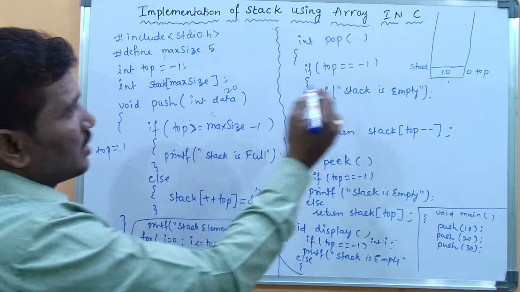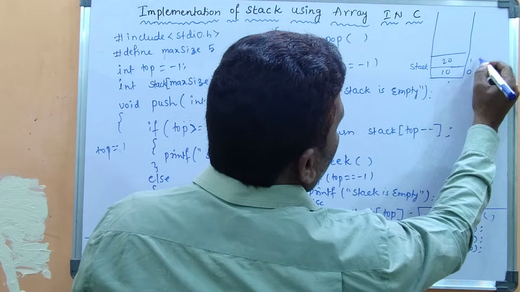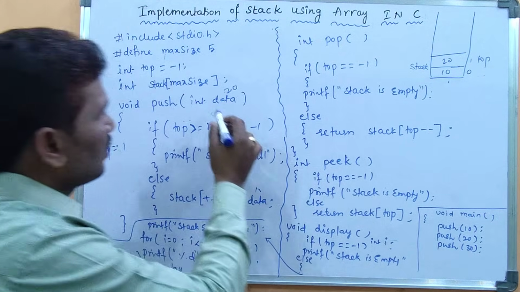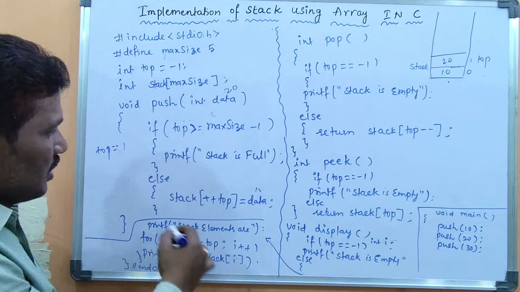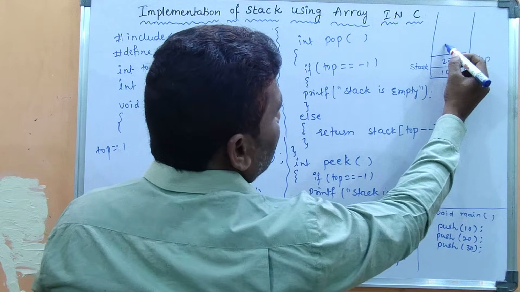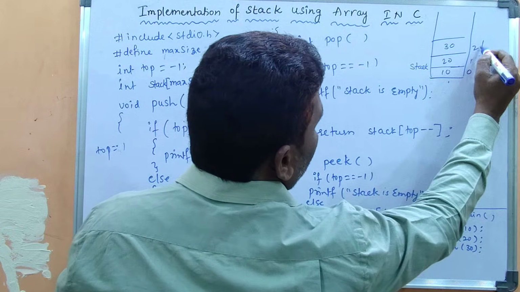Then whatever the data is, 20 will be displayed here. Which one is the top value now? It is 1. It is the top value. Then 30, like that, although the condition becomes false, then control will come to here. At that time the top value is here. Which one is the top value? Then